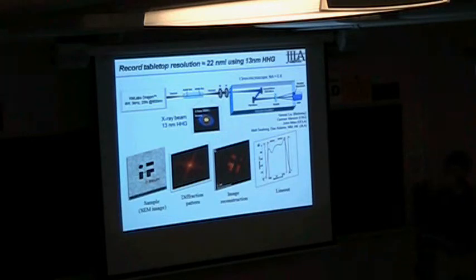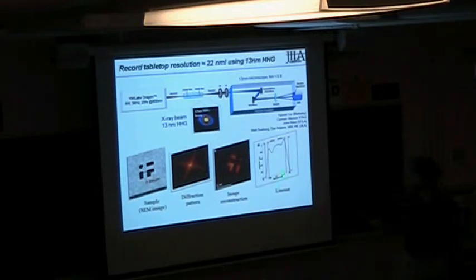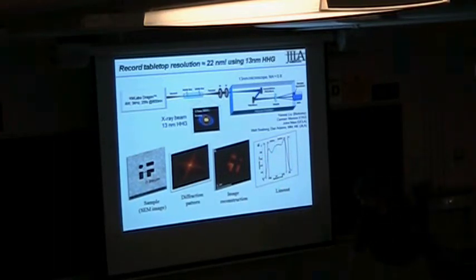So now we made this push to shorten the wavelength that we're using for imaging down to 13 nanometers. We still have nice beam qualities, but as I said, the gas is just much more absorbent, so we have to work harder to keep all the light that we generate. And so recently we've been able to show similar results where we're getting near wavelength resolution of about 22 nanometers of another test pattern. And we've shown that through a similar line out, but then we've also